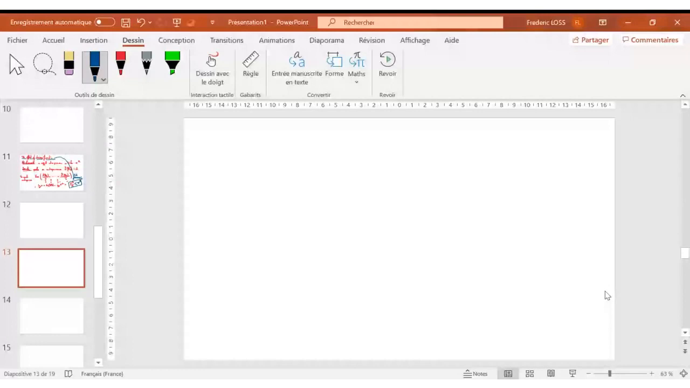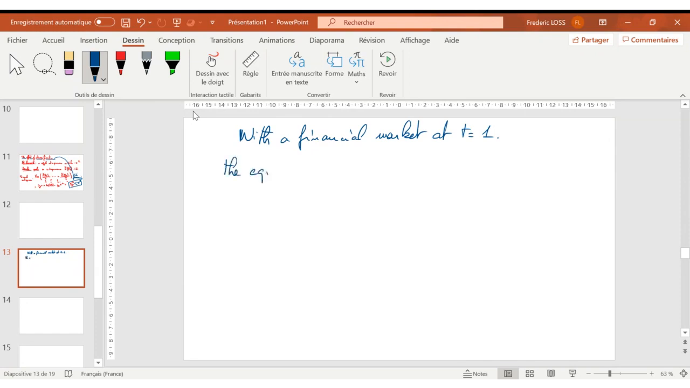So with the financial market at t equals 1, the equilibrium price is P equals 1 over R. So you remember C1 is equal to